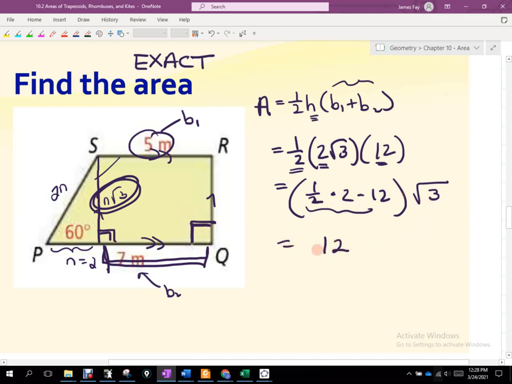So that's my rational value, and then I still have this radical 3, which is irrational. So I'm going to write my answer that way. I'm just trying to demonstrate there, when you have a product of a series of values, and some of them